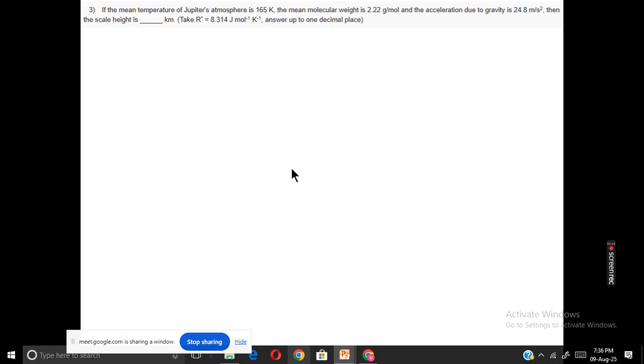So the next question. We have already solved a similar question in the last class, and we will do this one as well. If the mean temperature of Jupiter's atmosphere is 165 Kelvin, the molecular weight is 2.22 gram per mole, and the acceleration due to gravity